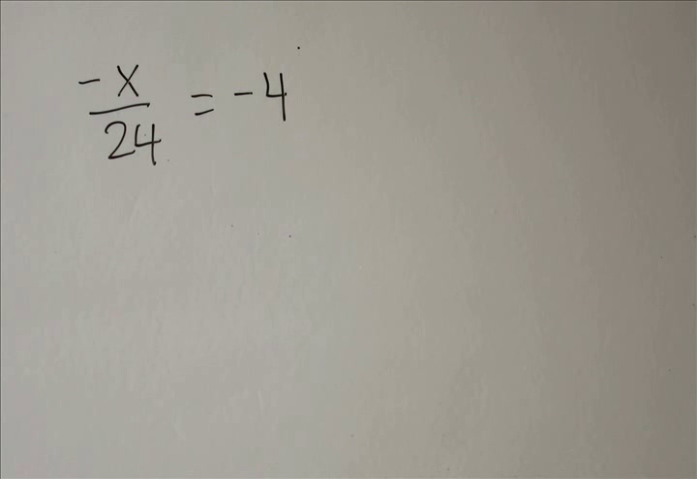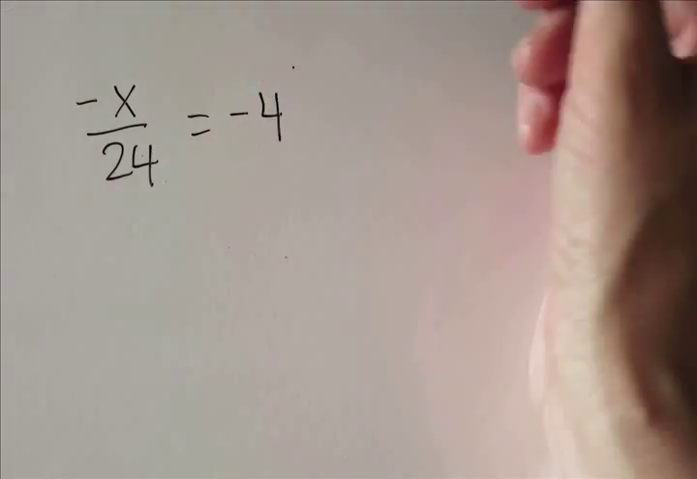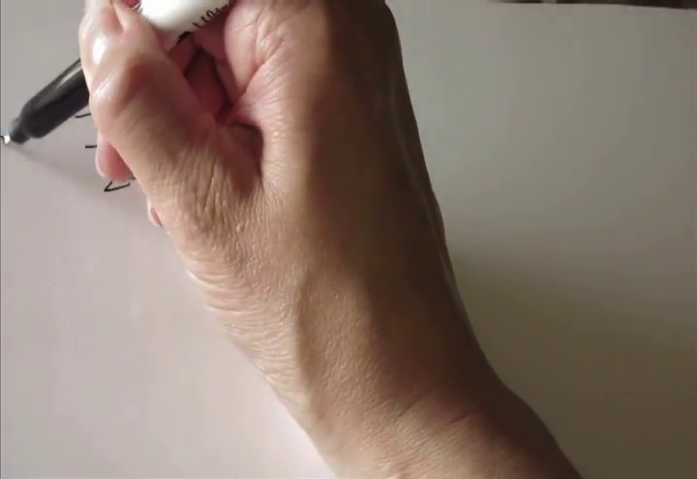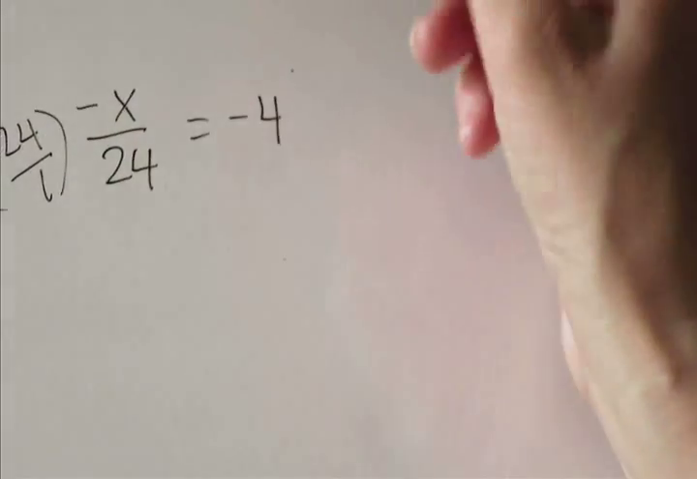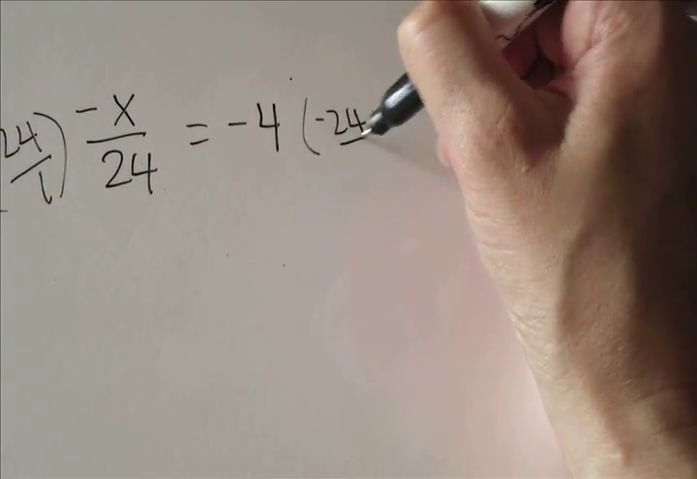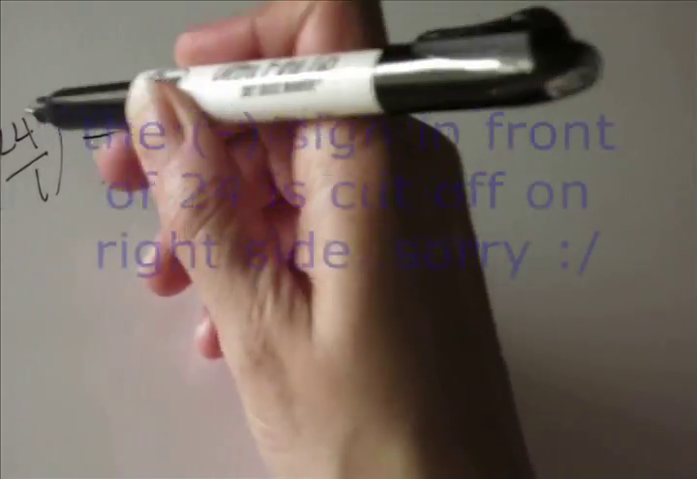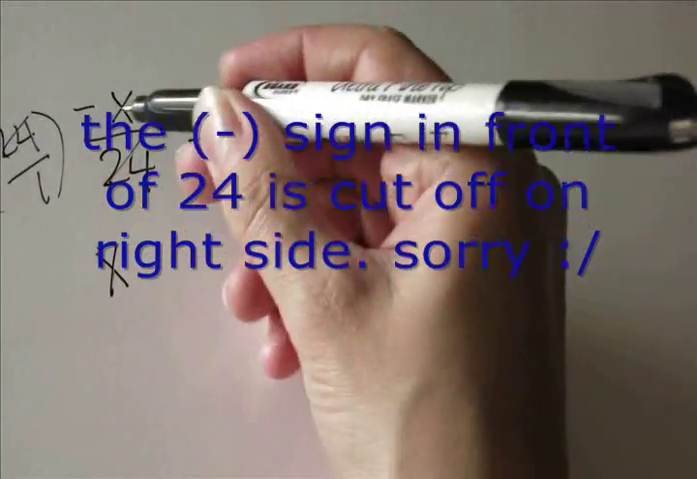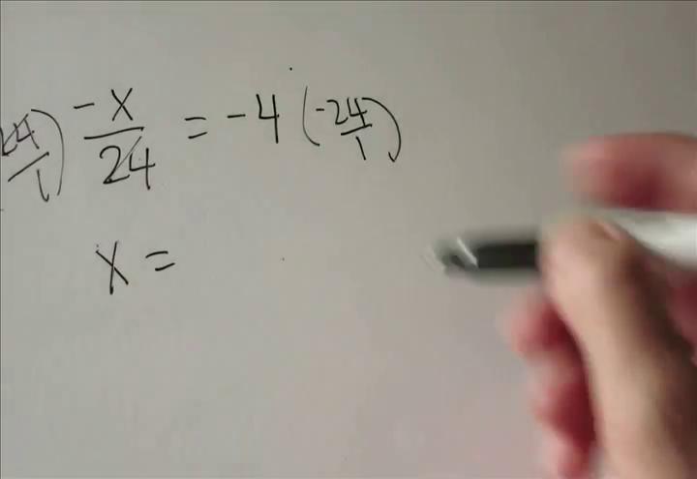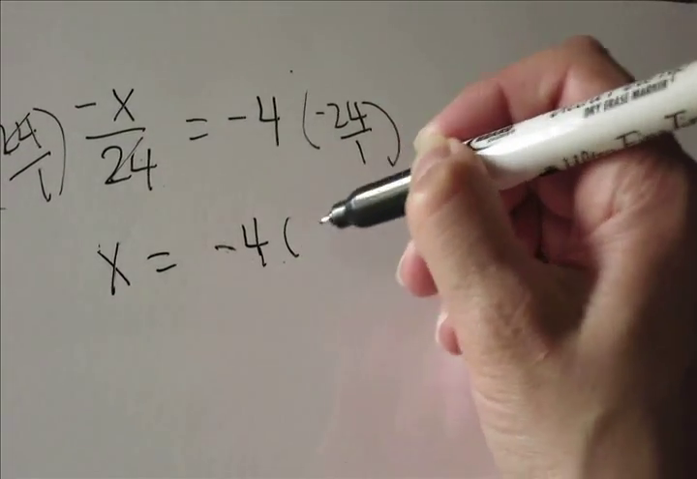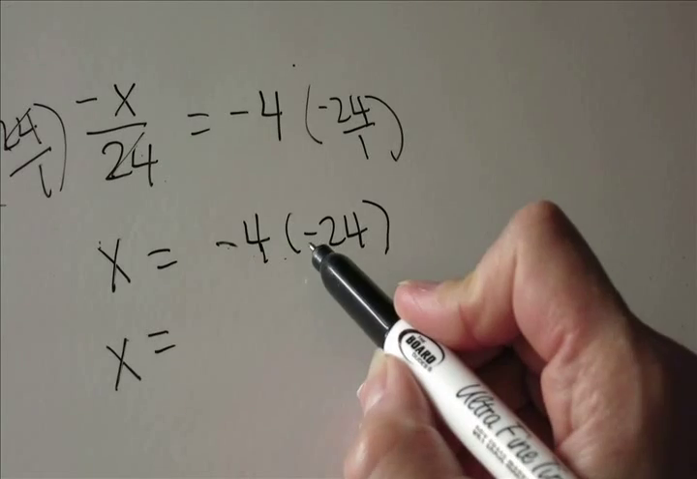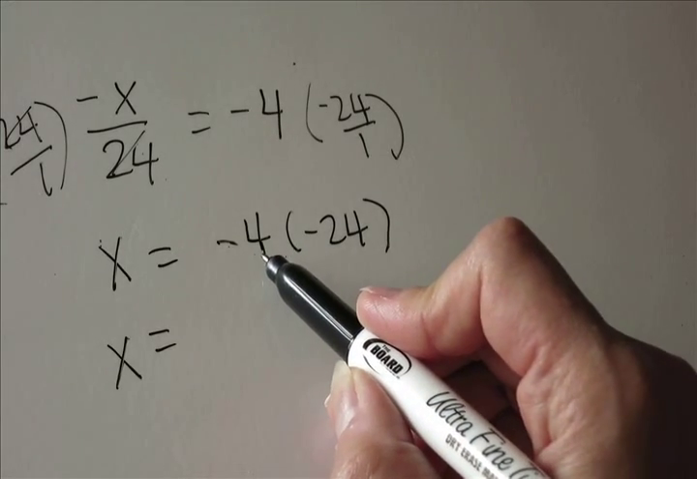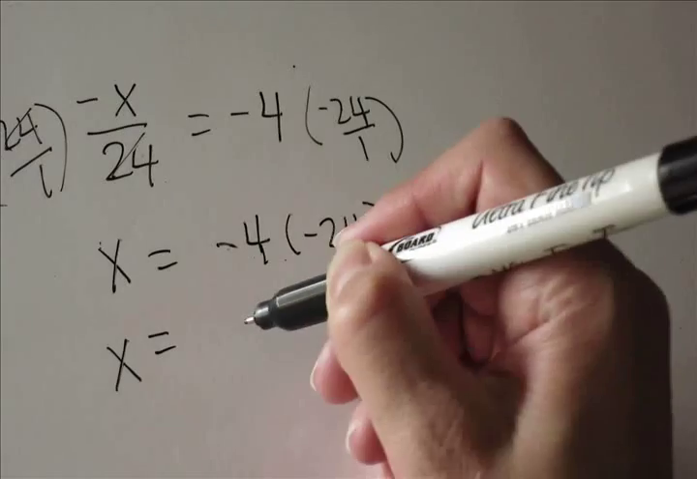Problem 24, negative x over 24 equals negative 4. Like the previous problems, you can cross multiply or multiply a fraction depending on how you want to approach the problem. If you want to do the fraction, you would take negative 24, multiply that by each side because you would want to end up with x. The negatives cancel out, 24s cancel out. X equals negative 4 times negative 24. Multiplying two negatives together give you a positive. 4 times 24 is 96. X equals